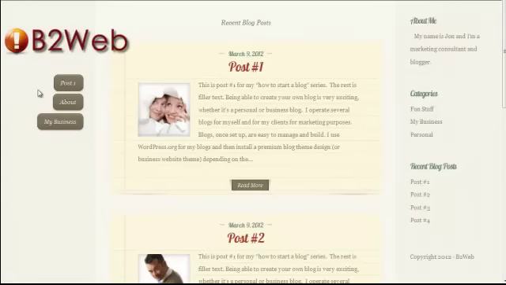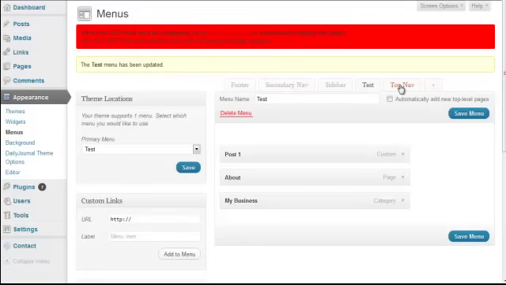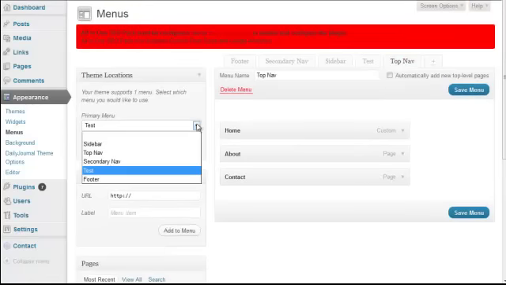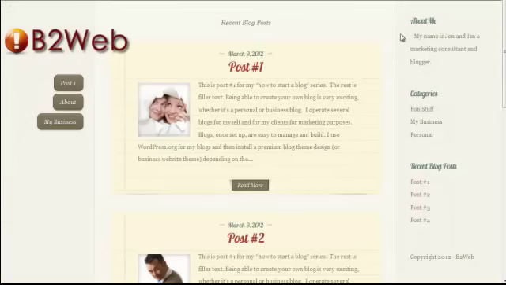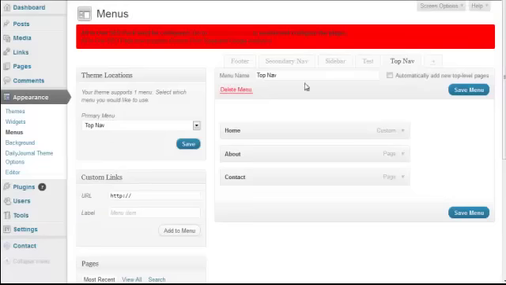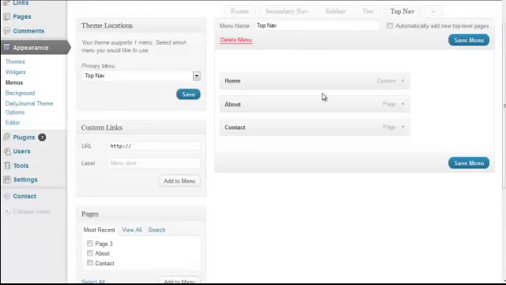See that? So we've changed the menu. If we want to go back, I've created a top nav bar, which is a different menu setup. I just choose that and save it, and it changes it. And you can put custom menus you create here as well. So now that you've figured out how to make a custom menu,